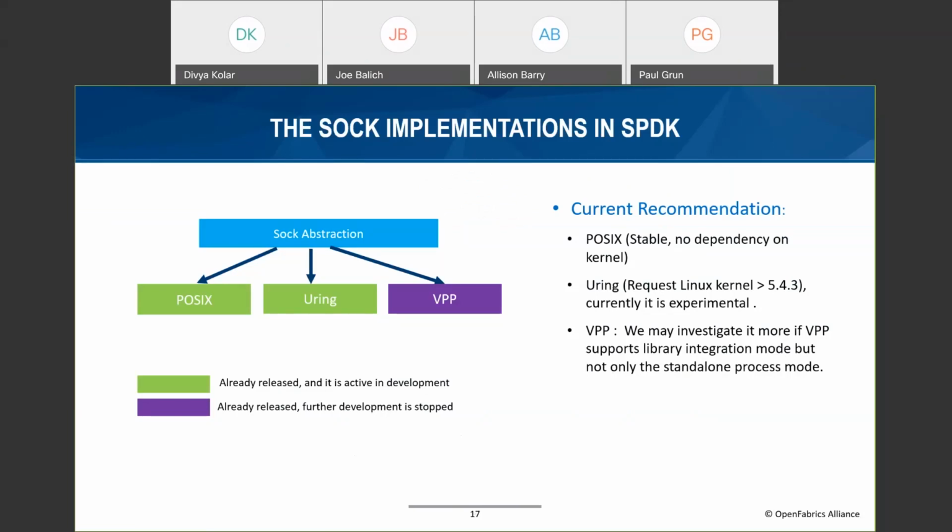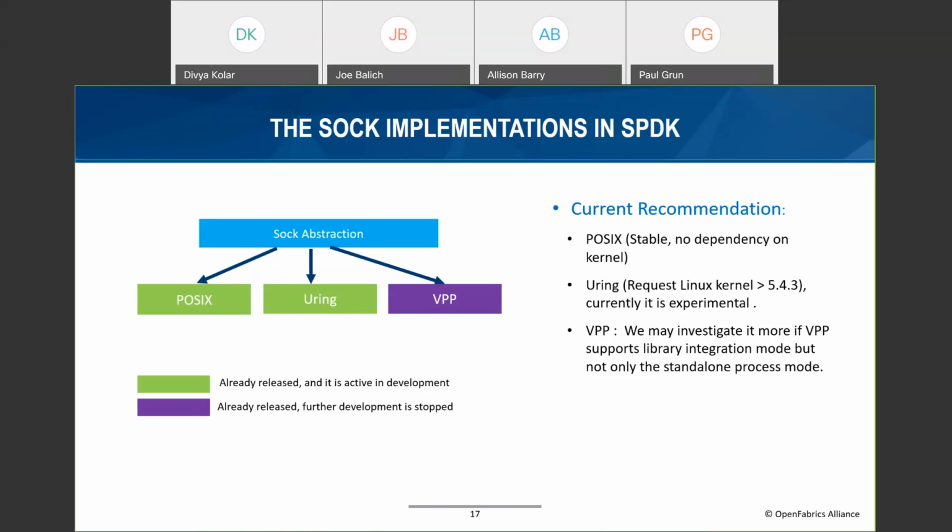This page is just the information I mentioned before. Here I want to emphasize it. For SPDK's current design, especially for the TCP transport, we will focus on optimizing the TCP transport with the kernel TCP/IP stack with two solutions, POSIX and io_uring. Firstly, we recommend the POSIX implementation since it is very stable and there are no requirements on the kernel. But if you want much better performance, you can use the io_uring socket implementation, but it requires some